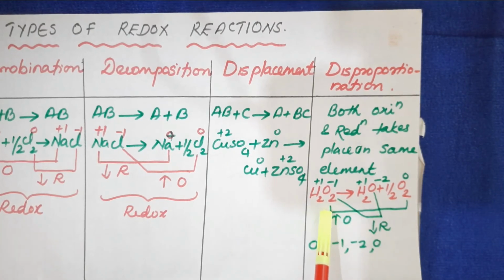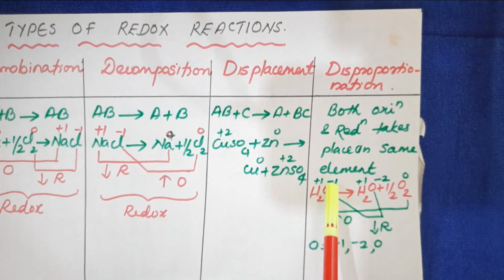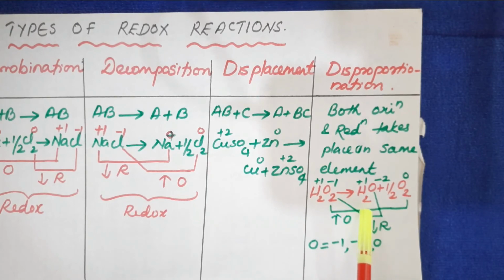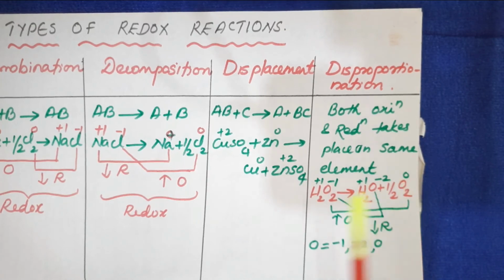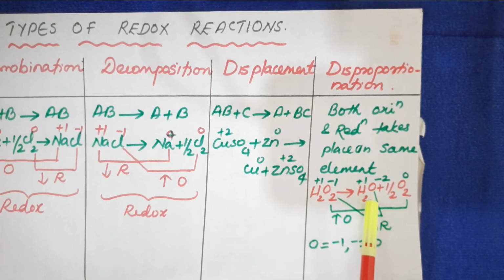See, what is oxidation number of oxygen in H2O2? In peroxide, it is -1. I gave the oxidation number for hydrogen and oxygen here, right? Now, in the case of water, oxidation number of oxygen is -2. In the case of hydrogen, it is +1. Now, in the case of half O2, it is in the elemental form. Therefore, here the oxidation number of oxygen is 0. Okay, so here the oxidation number of oxygen is -1. It decreases to -2 in the case of the conversion of H2O2 to H2O.